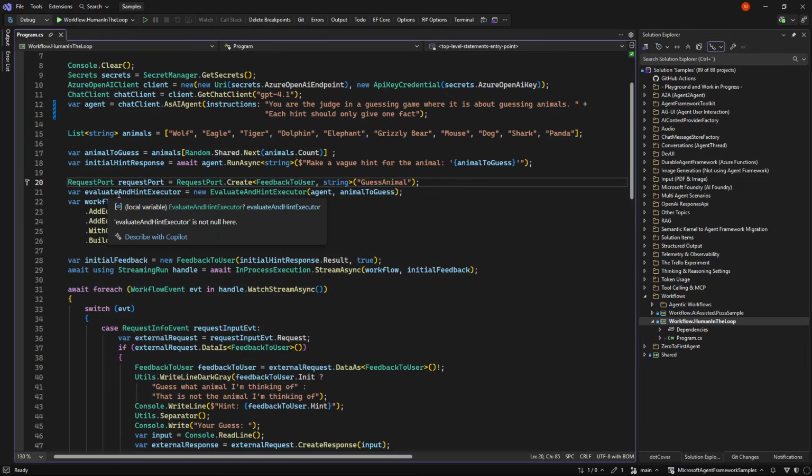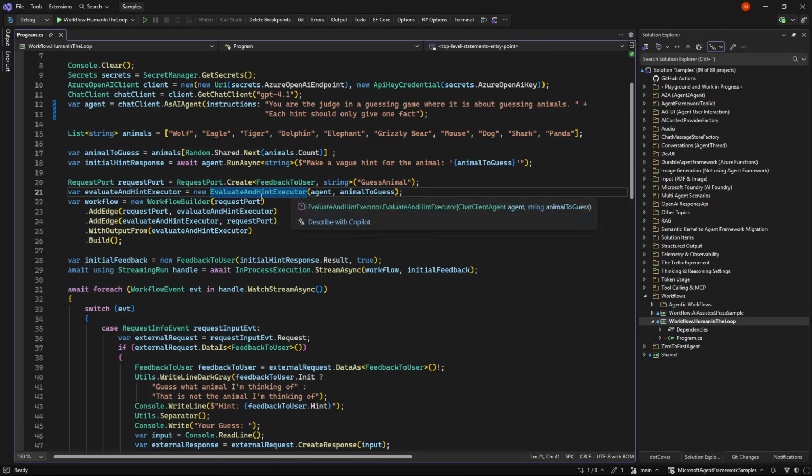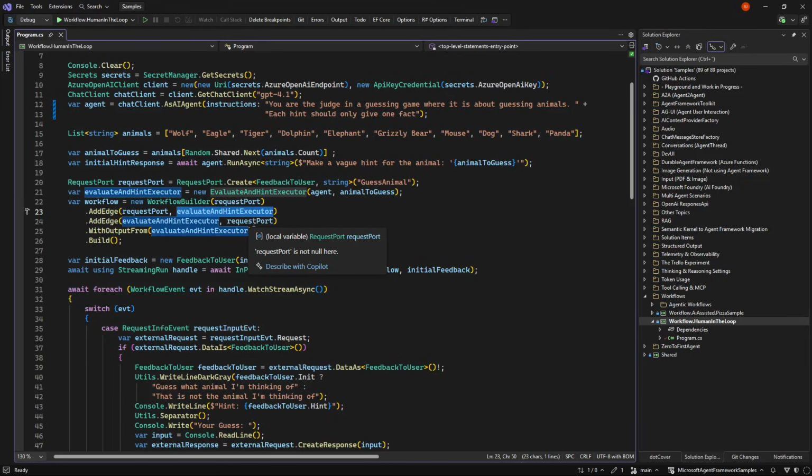In this case, we are then going to make an evaluate and hint executor that needs the agent and the animal to guess. We'll go into that in a second. And then we build our workflow where we say the request port is the initializer, and once it has a string back, meaning a guess, it should give it to the evaluator, and the evaluator should give it back to the request port.